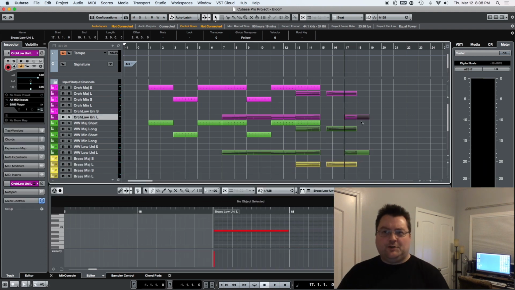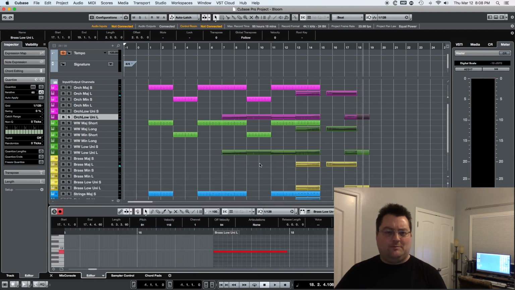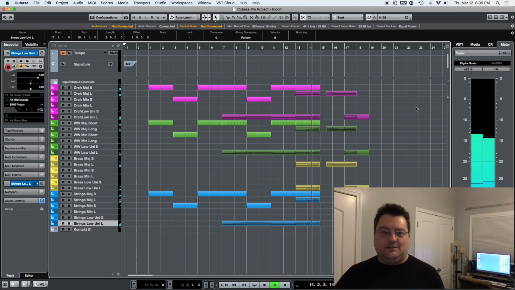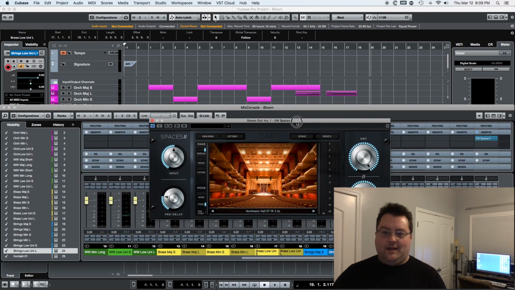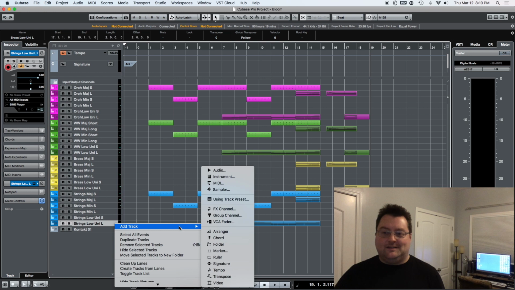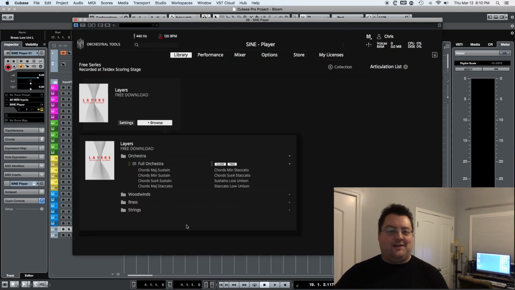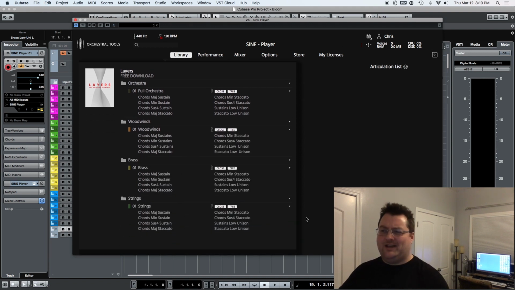On a personal note, I do have a hard time writing music using chord-based libraries. I like individual instruments. I'm more of a traditional composer in that I start with a blank sheet of staff paper in Sibelius. I write all my parts out, and then I move into Cubase. So trying to rethink how I play stuff in or orchestrate as I go was a bit of a challenge for me,